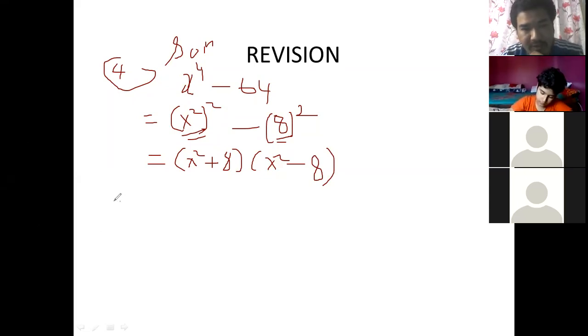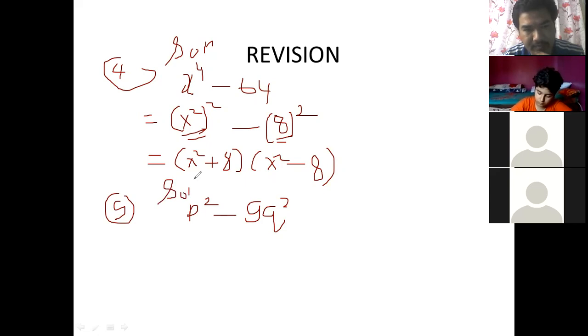Okay, sir. Can you tell me what are the factors of this question? Now I am asking Sahaj Lohia. Sahaj? Hello, Sahaj. You tell me how to factor this. Sir, can we do x square minus 8 in this question? This 8 is not a square number. We have to end here only.